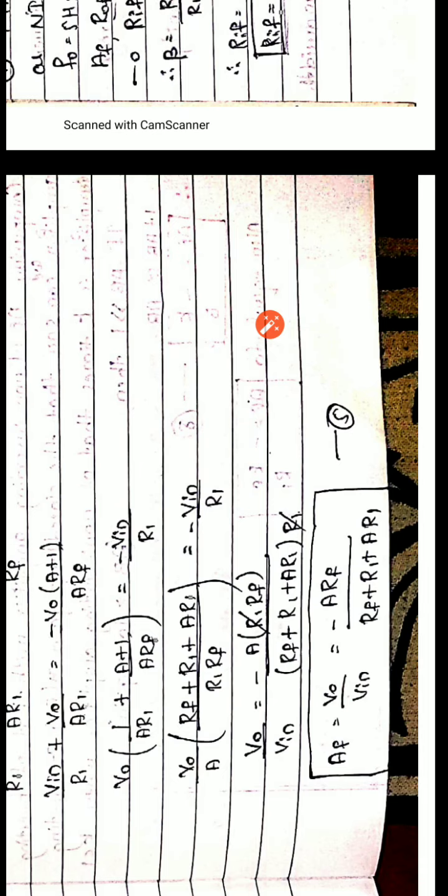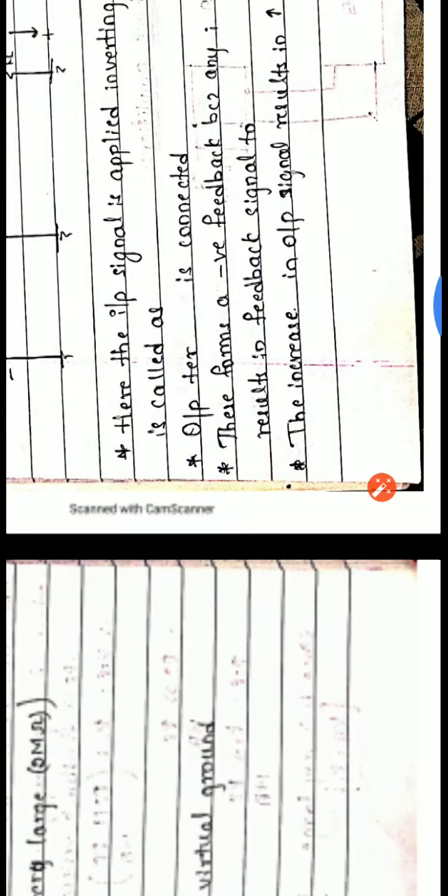But now we have to reduce this equation by considering certain points. We know that AR1 is much higher than R1 plus RF, because A is the open loop voltage gain, which is very large. So the product of these two becomes very large compared to these two resistors. Therefore we can eliminate these two. If I eliminate these two, A gets cancelled. What we are left with is RF by R1. That is shown on the next page.